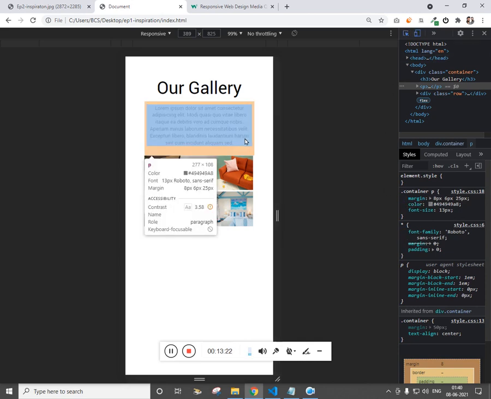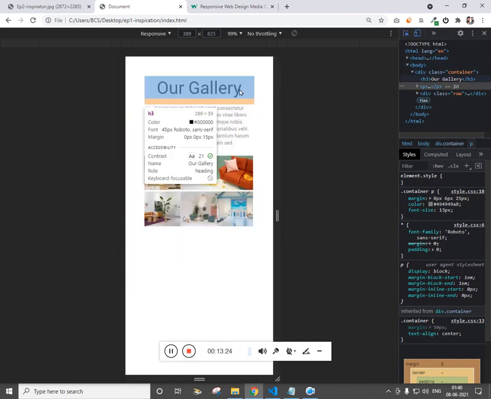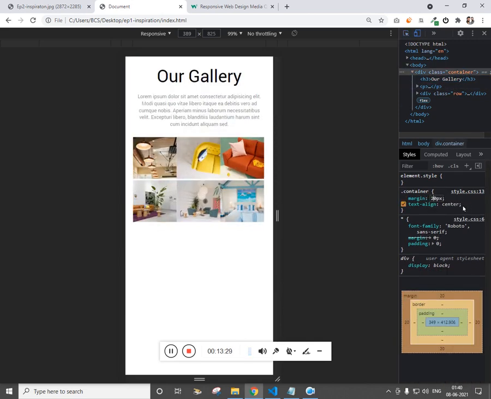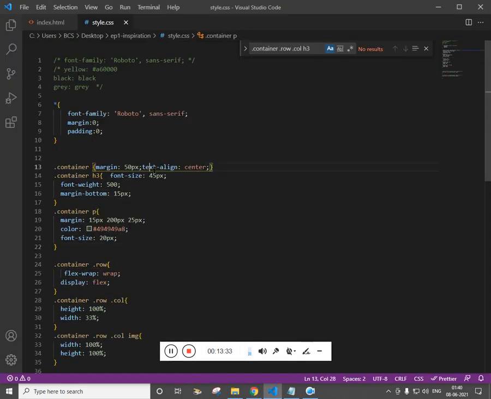Now let's choose this, and for the container, let me make this 20. So get into the container, make this 20.